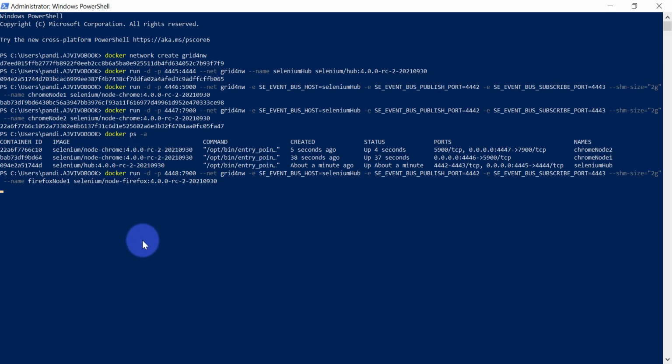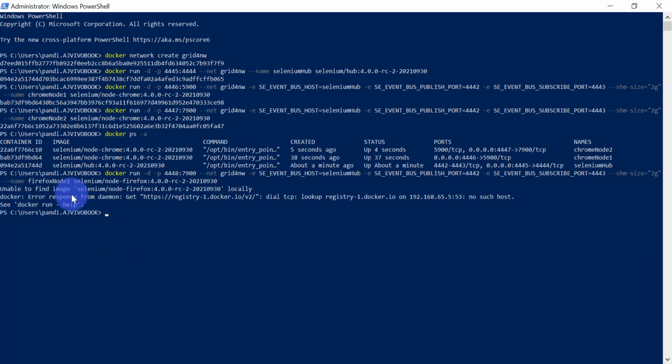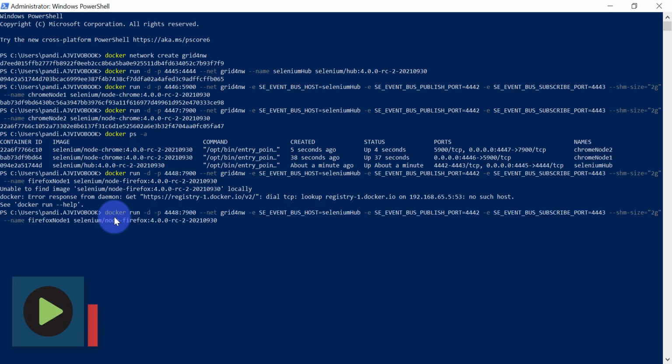So if I hit enter, it will show you that it is unable to find this image locally, and I think I got disconnected from my internet connection. So we need to make sure we are connected to the network while running this Docker command so that it can download these images from the remote Docker hub. Let me rerun the same command now.